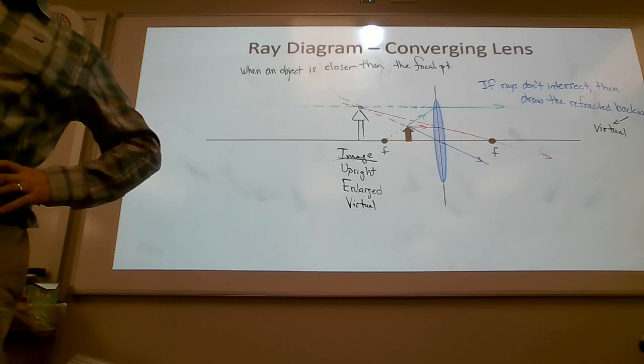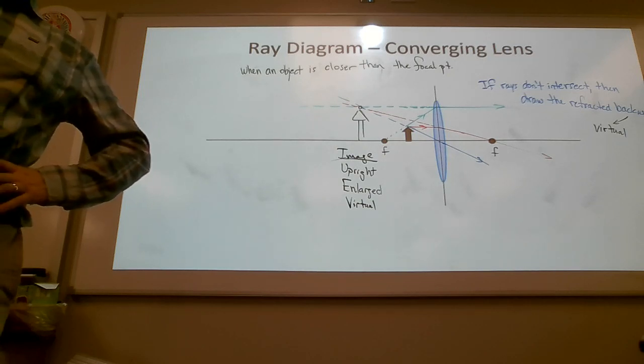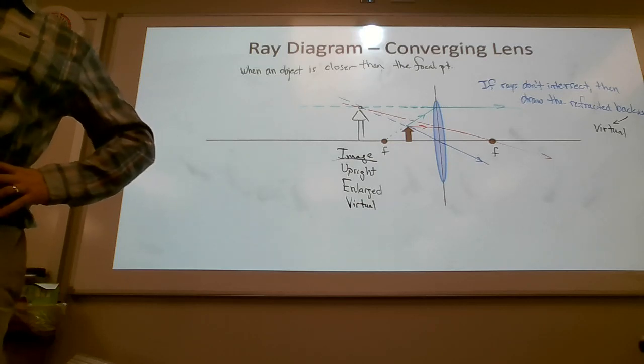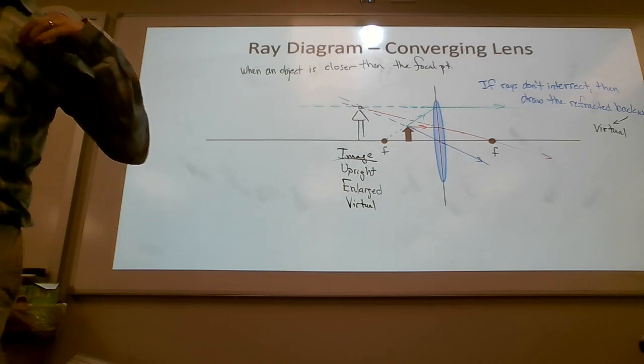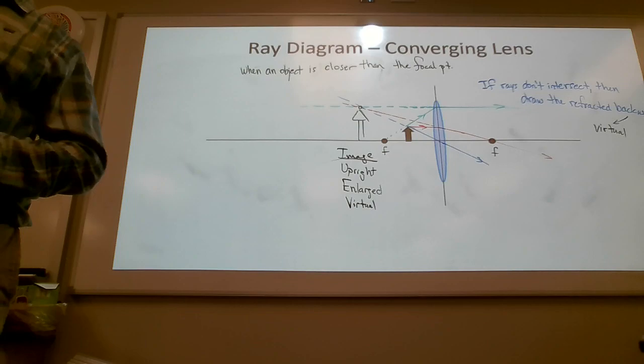Hold the lens away from you as well, at arm's length, and wink. How do you describe the image? Upside down, shrunken, and